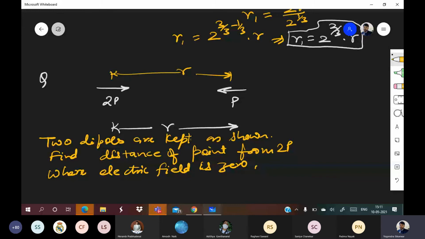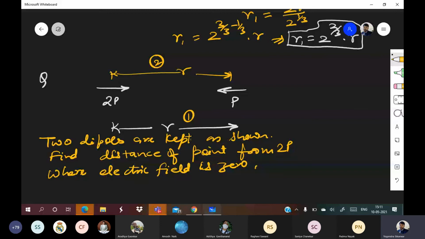Find the distance between them, R, already shown by two arrows. You are not able to see that? Can you see there are two arrows? Let me name it number 1 and number 2. So the distance between the dipoles, that is what is 2r. What else distance have you taken? Hello?